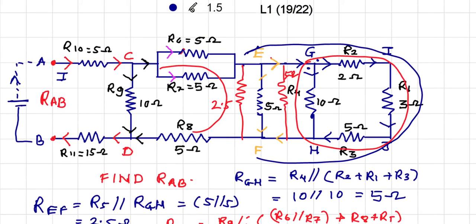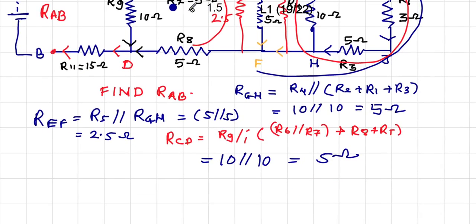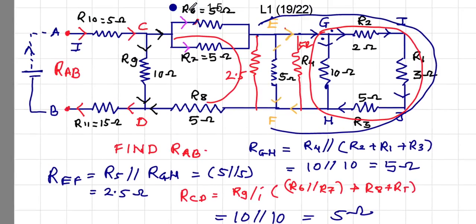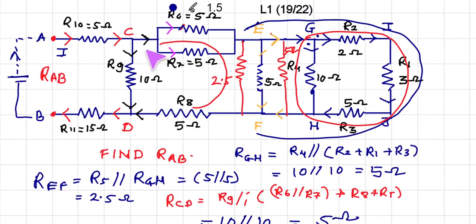Now we can say that again this branch CD, so the resistance RCD is equal to 5 ohm. And now if we replace this RCD, this complete network, by 5 ohm, now we have to calculate this resistance, that is 10 plus 5 plus 15. Sorry, here it is 5 plus 15. So this way you are going to get the total resistance in the circuit.